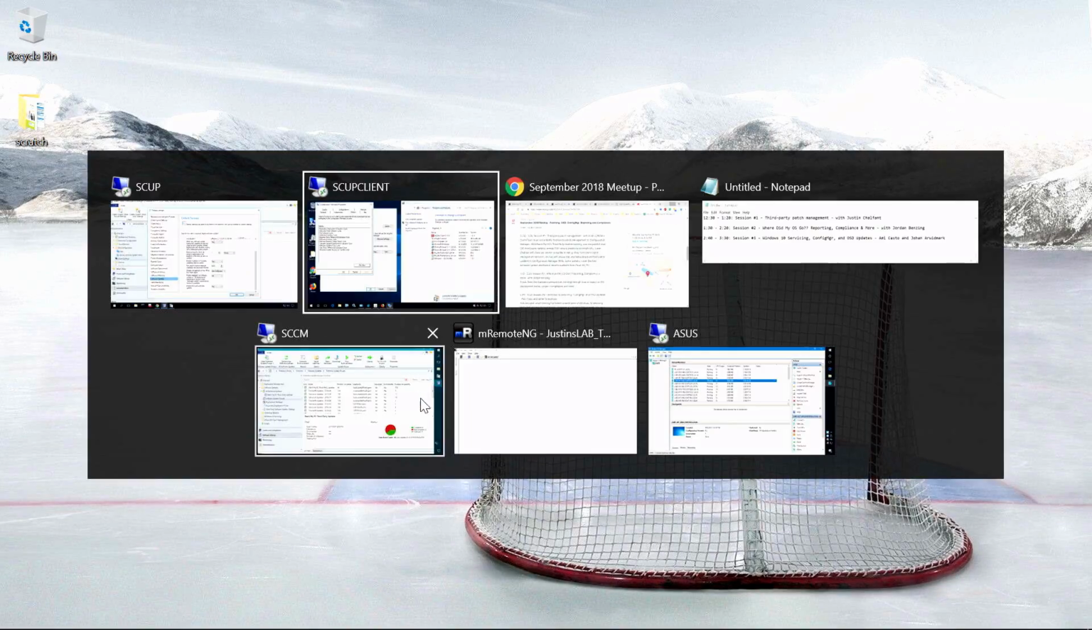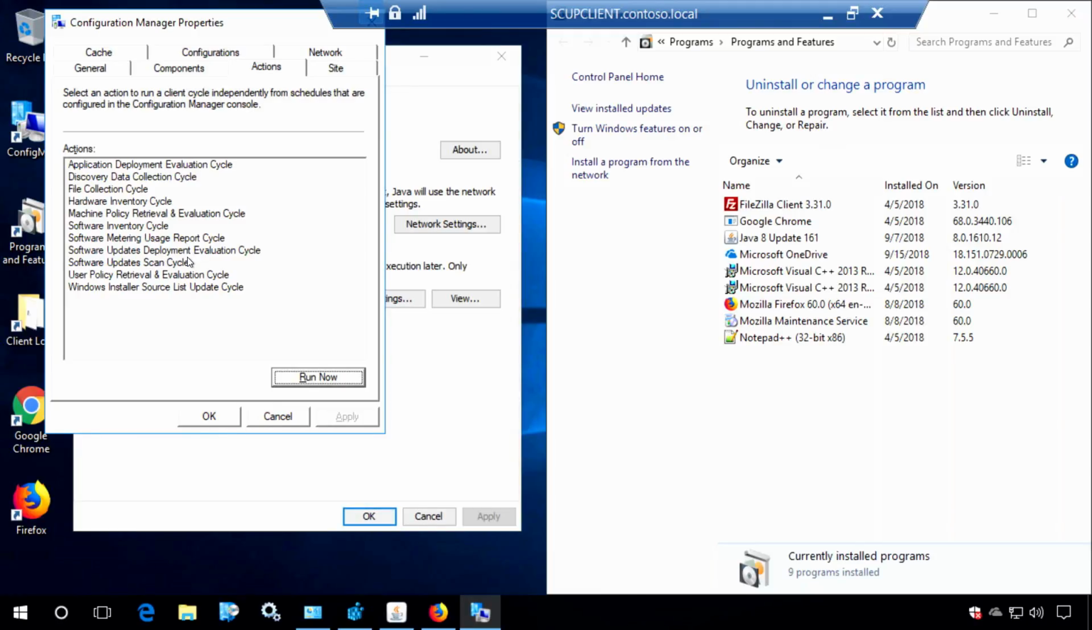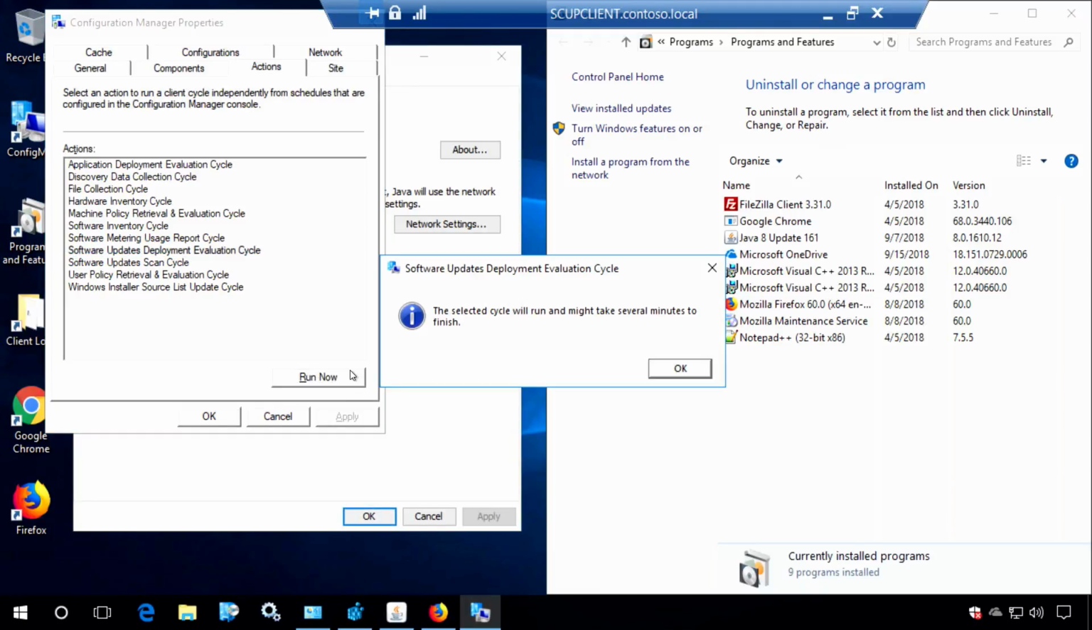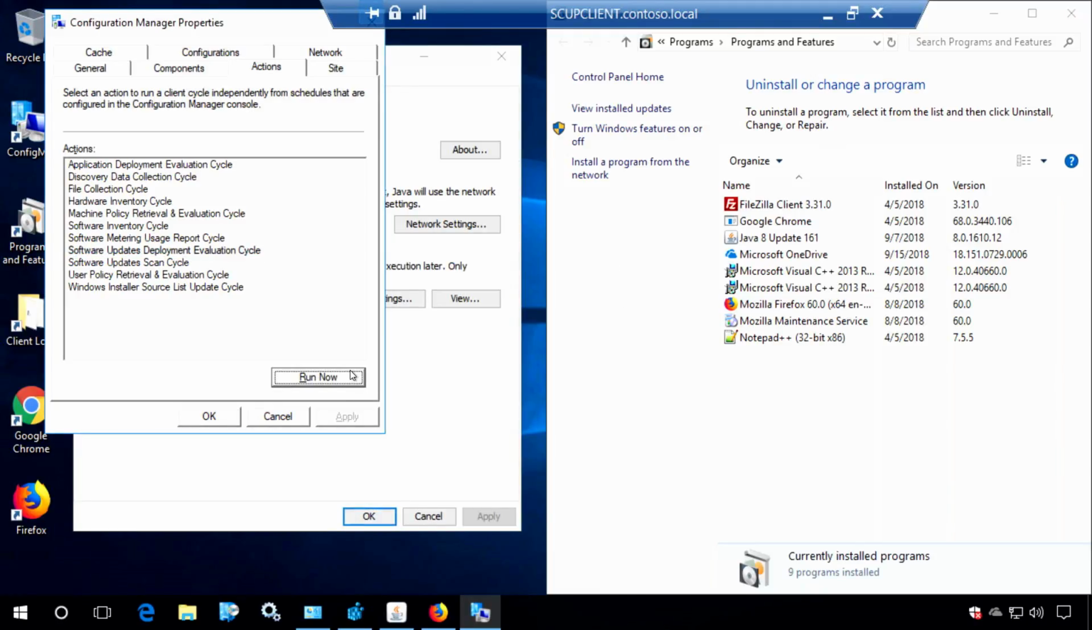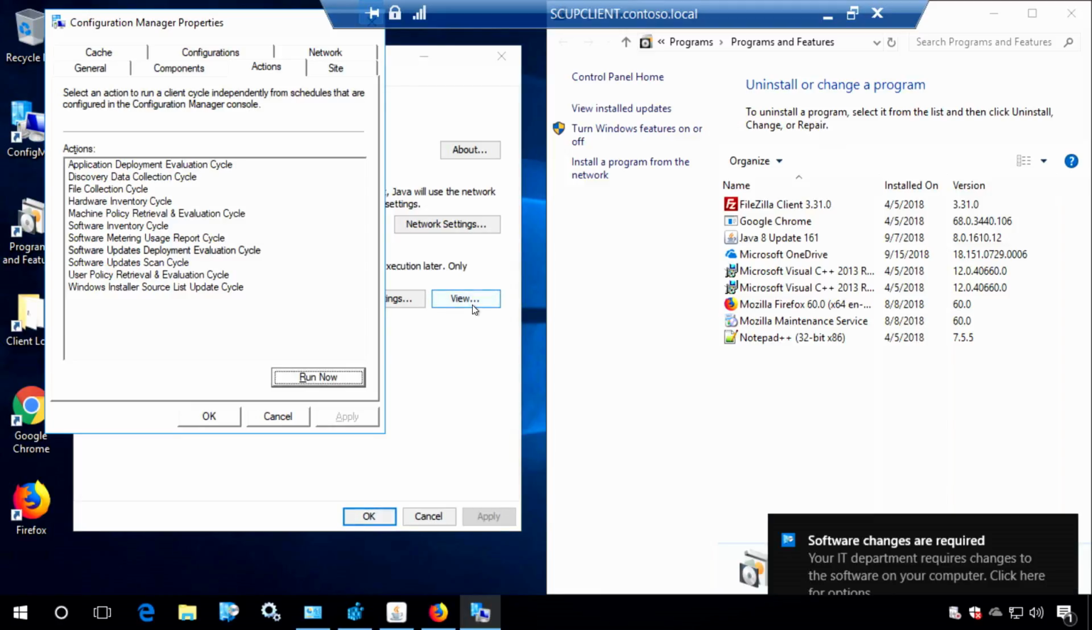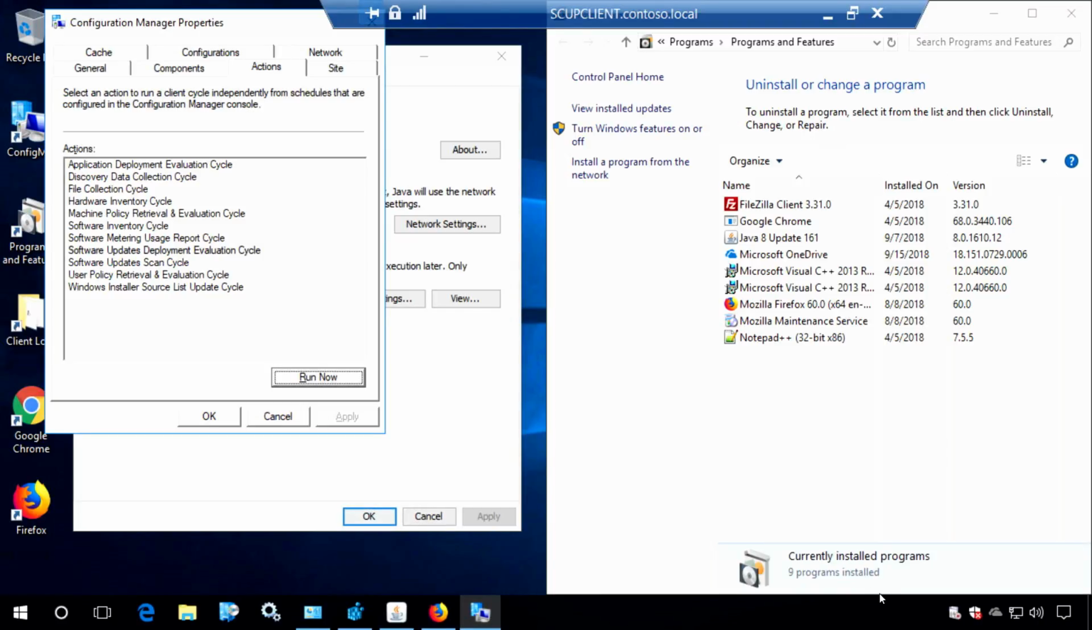Right, so jumping back over to our client. We went ahead and got policy. Now, just to make this happen a little faster, we're going to trigger a software update deployment and evaluation cycle. That's going to get the client scanning against these updates that are deployed, and then just show whether it's required or available. Now in my case, I did show notifications on my client, so we can see that we just got that balloon notification in the task tray. But if we go ahead and open up Software Center,